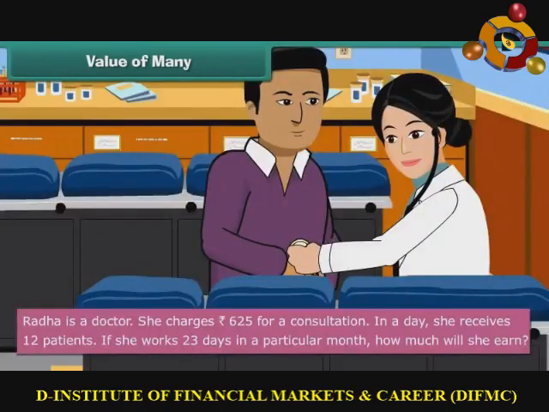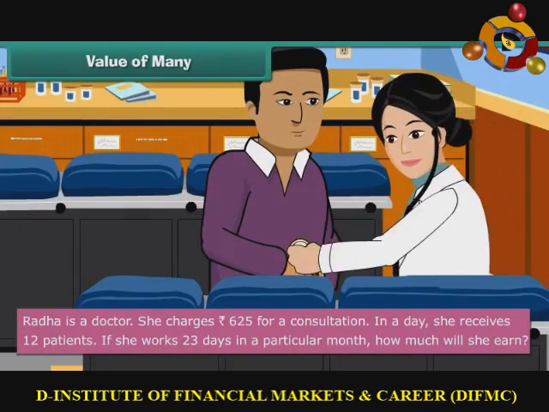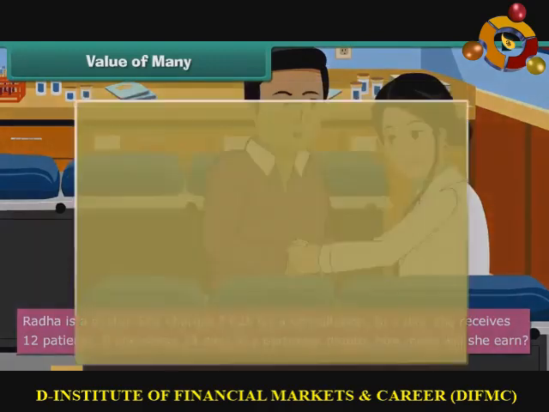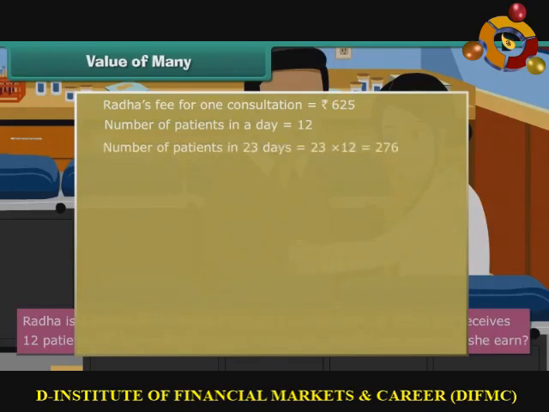Radha is a doctor. She charges 625 rupees for a consultation. In a day, she receives 12 patients. If she works 23 days in a particular month, how much will she earn? Radha's fee for one consultation is 625 rupees. Number of patients in a day is 12. Number of patients in 23 days are 23 into 12, that is 276. Total earnings of Radha in the month is